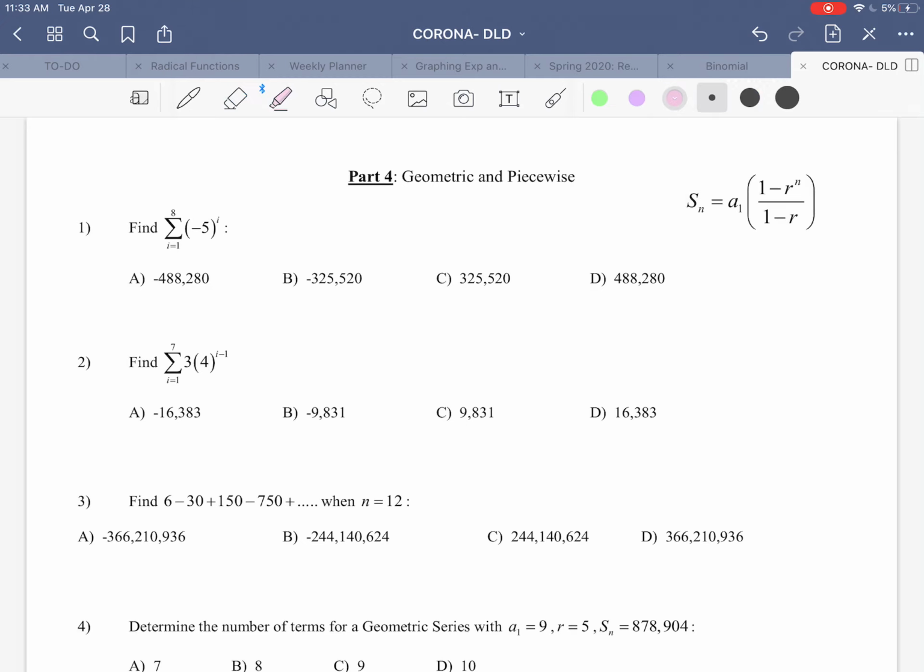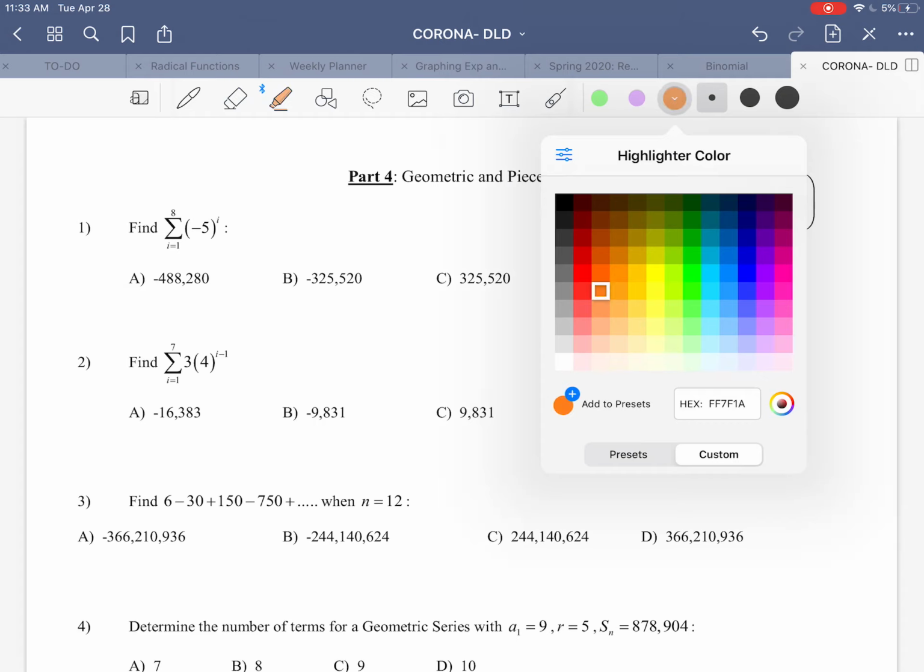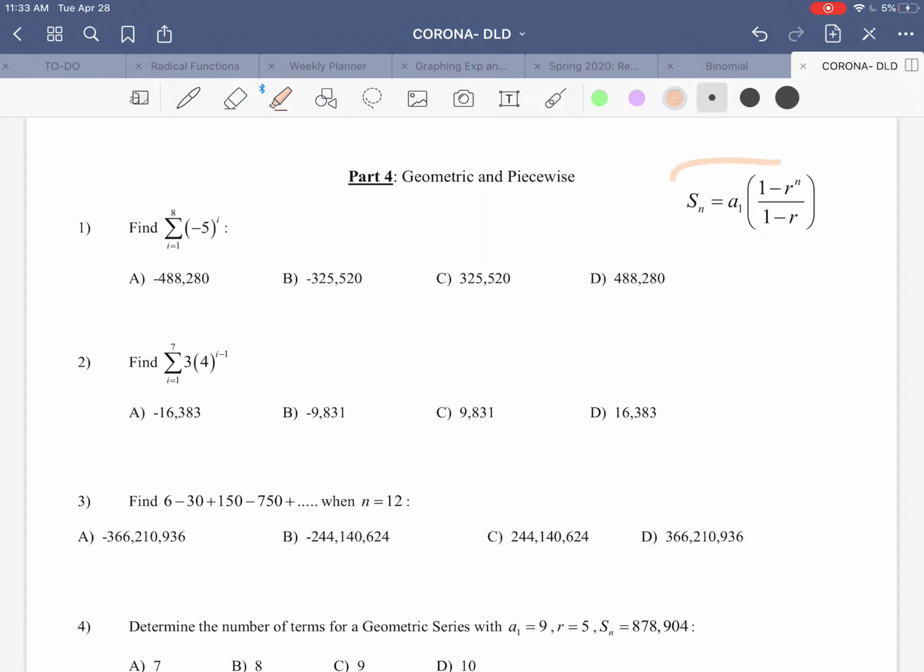So I'll give you a hint. We're going to be using this lovely formula over here to the side. Okay, so we're going to be using this along the way. So the first things we need to figure out, or we need to find, are the variables for that equation. So we need R, we need A, and we need N. So I'm going to write out R, A sub 1, and N, which you can also remember because it spells